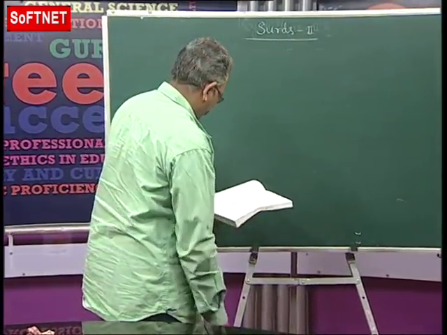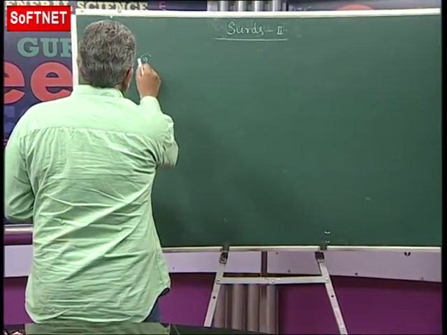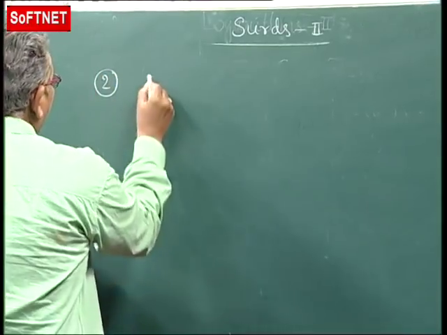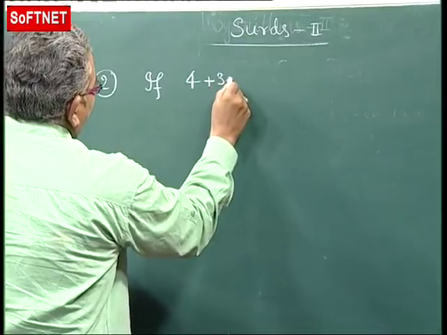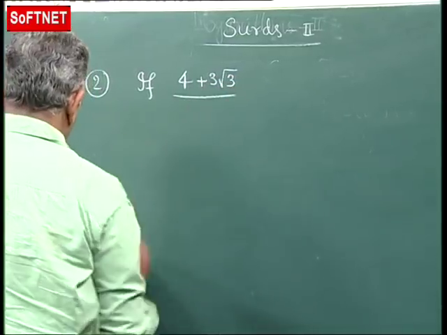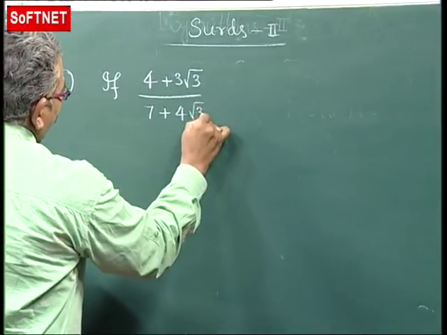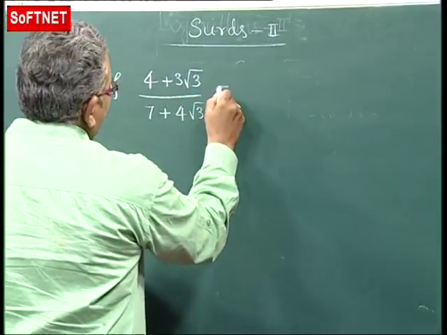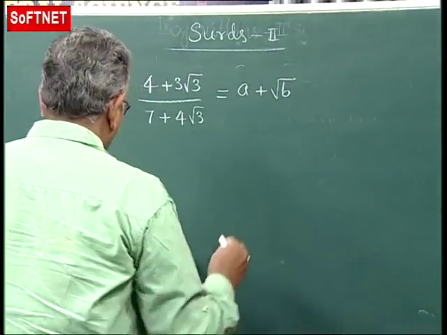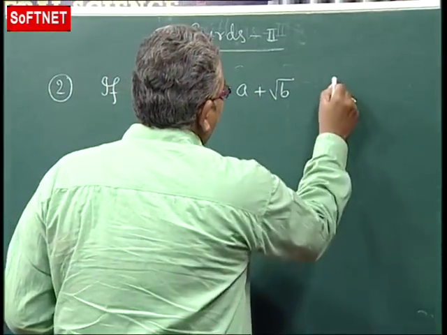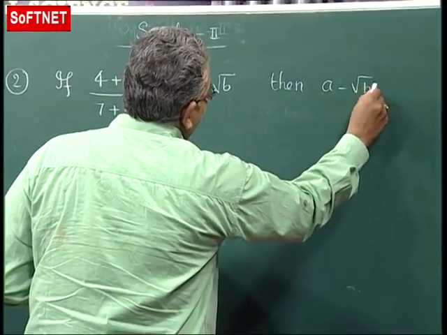Now next question, the second one. If 4 plus 3 root 3 by 7 plus 4 root 3 is equal to a plus root b, then a minus root b equals to,